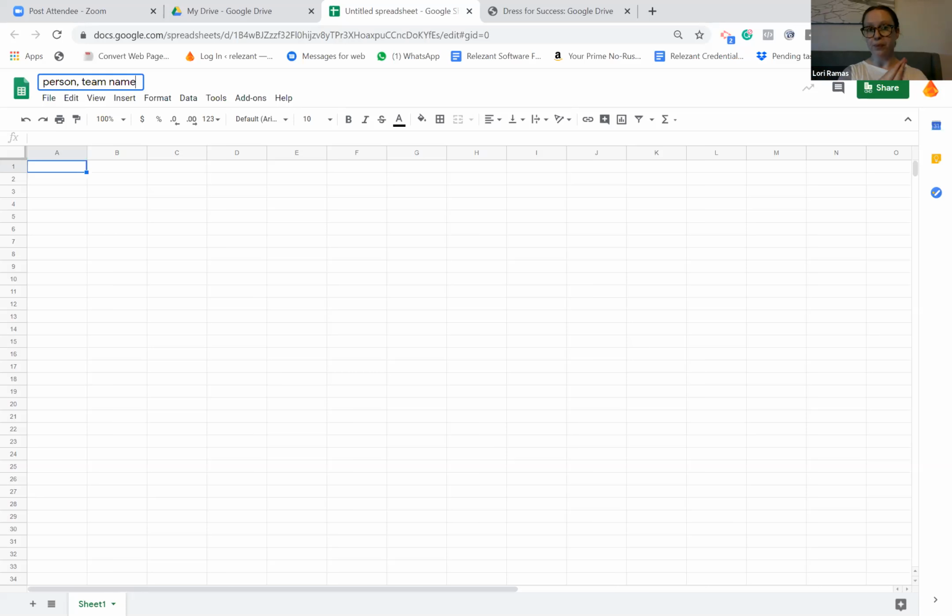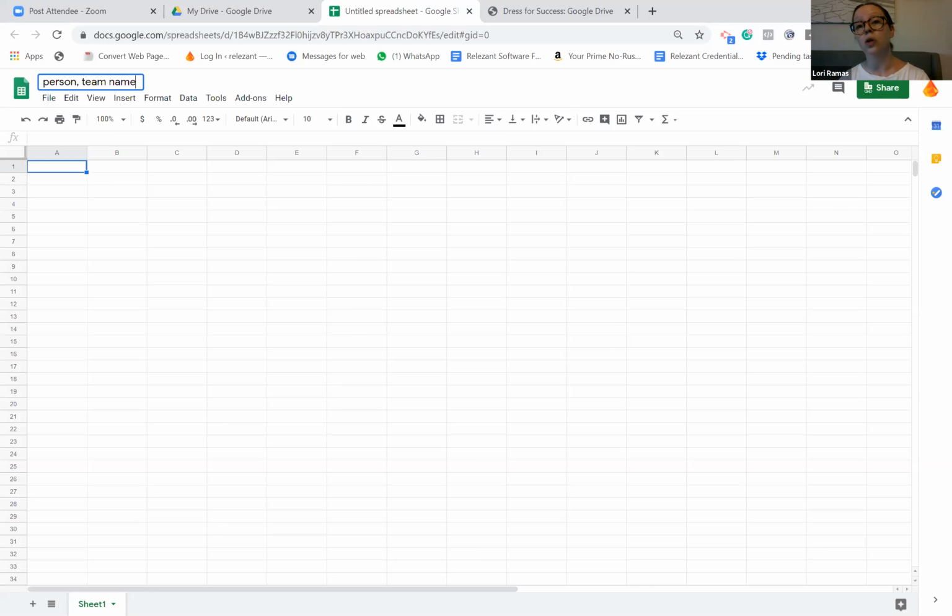If I wanted to send this as an Excel file, I can do that. Keep in mind, anything that happens in Excel will not be here because it's not being saved in the cloud. It would then be saved on, you know how it usually saves in your documents folder or something like that?